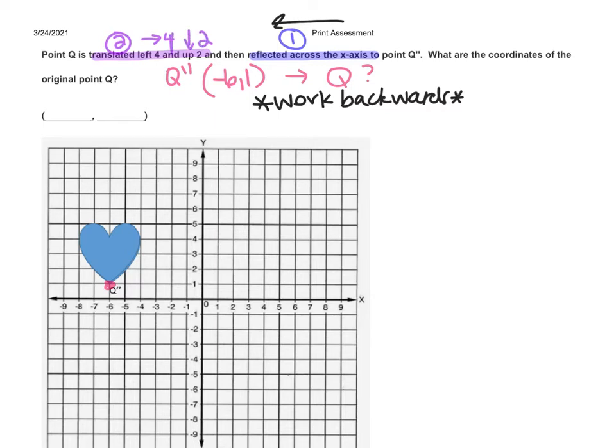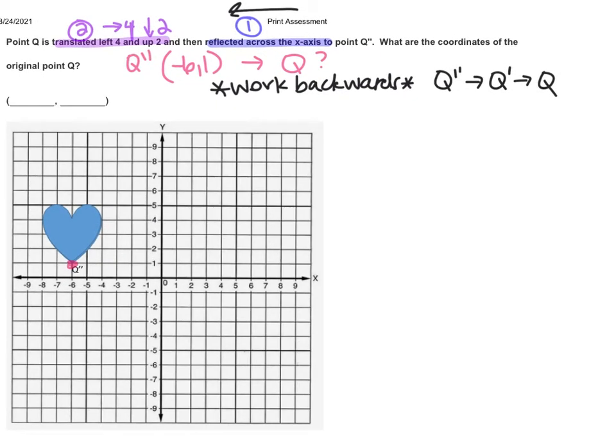And we'll explain that a little bit more in a second. But first things first, our first step is going to have to be to reflect across the x-axis. So we need to get from Q double prime to Q prime. Okay? So the order that we're technically going in is Q double prime, Q prime, and then point Q. So for our first step, we want to reflect across the x